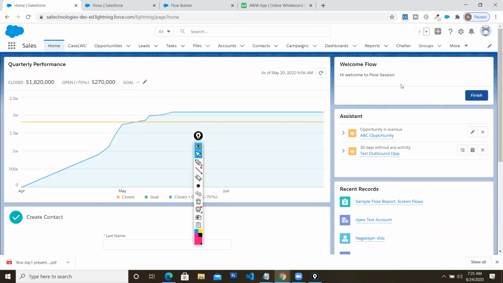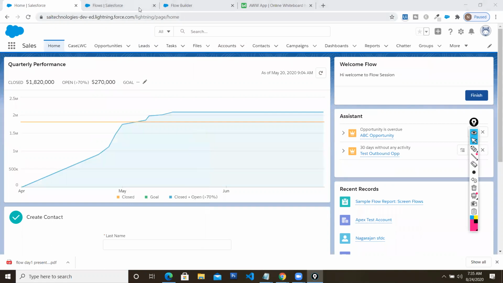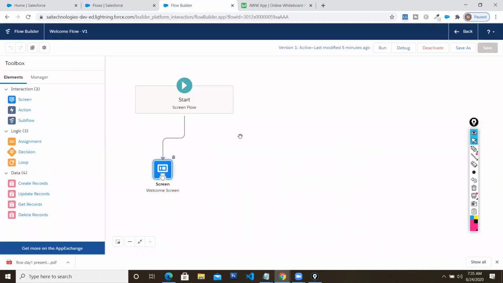You created a single lightning flow component, you reused it in your home page as well as in your record detail page. So this is called reusable components. Wherever possible, you can reuse the same thing. No need to write the code again and again. Okay, so this is how you can create a simple flow. We created a simple flow and tested it.